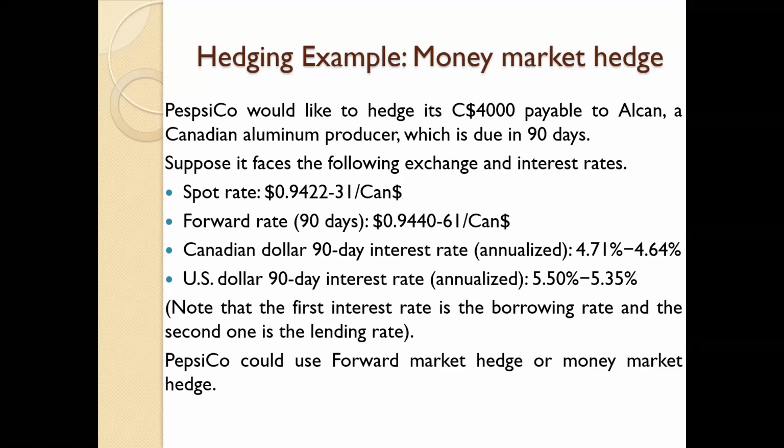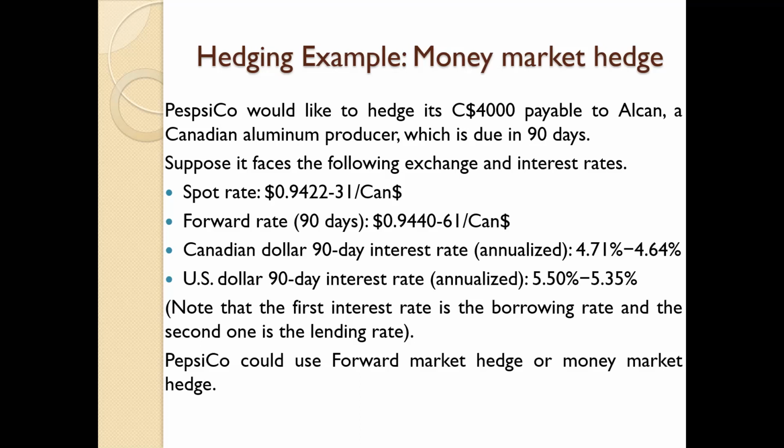Now suppose that there is a company called some Pespicola company, right? This is an example appearing in your textbook also. Please refer to it for more details, right? And this company has a payment to make within 90 days, that means a 3 months time period. So that particular importer has to pay Canadian dollar 4,000 to some trader, right? These are aluminium products. I don't worry about the production, the only thing is that one party has to pay Canadian dollar 4,000 to the other party within a 90 days time period, right?